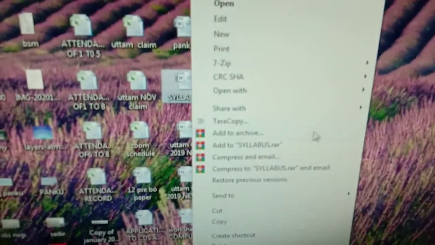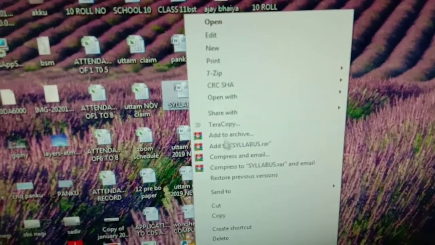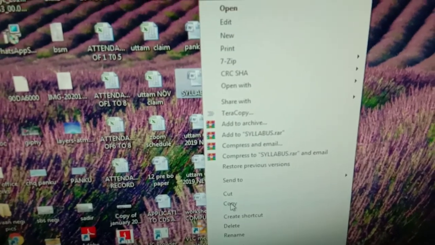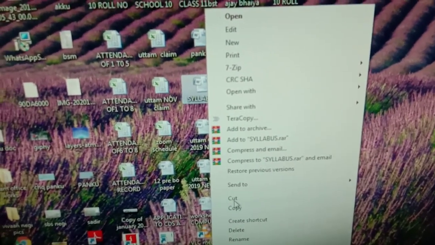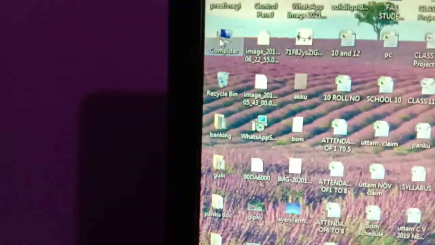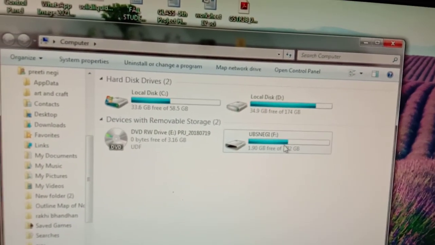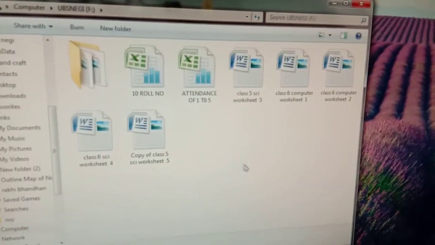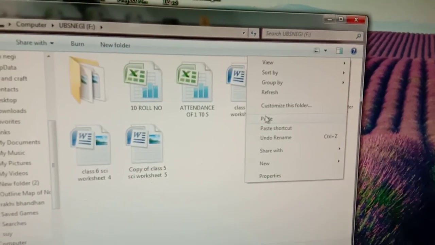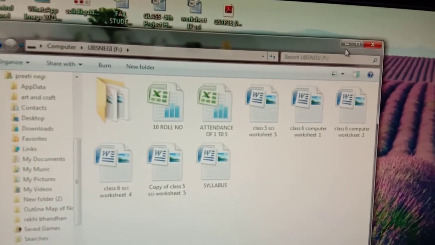I will right click on it and copy. First I will show you how to copy a file to our pen drive. I can go to Computer and click on my pen drive, its name is USB Negi. Here I will paste. Click on paste. Is it clear?